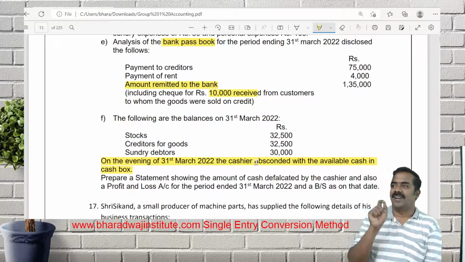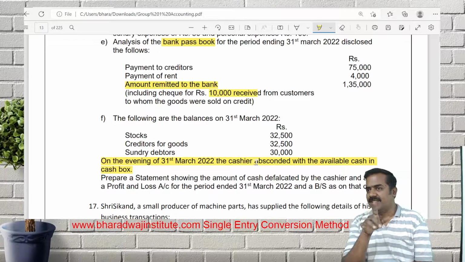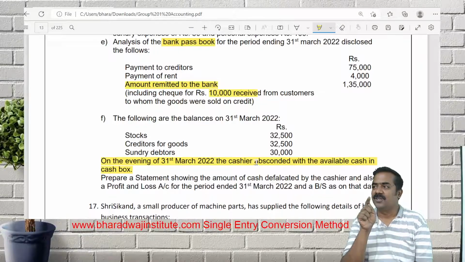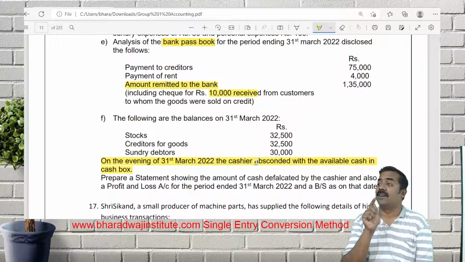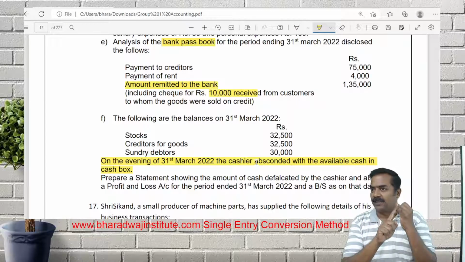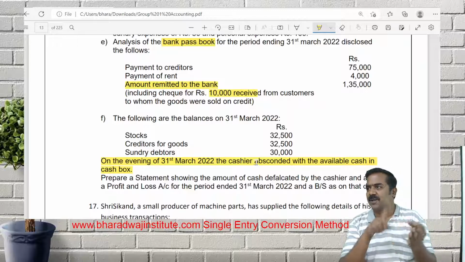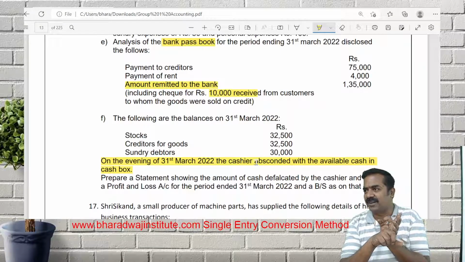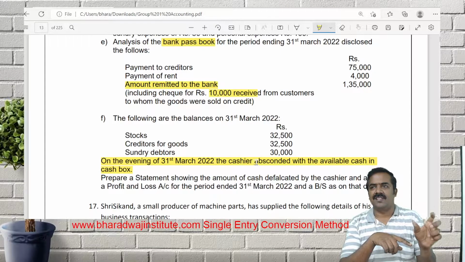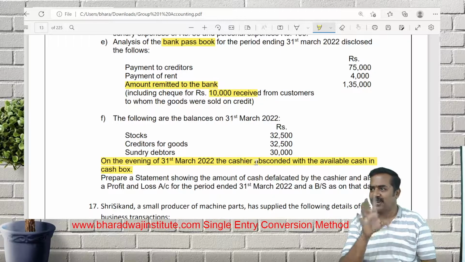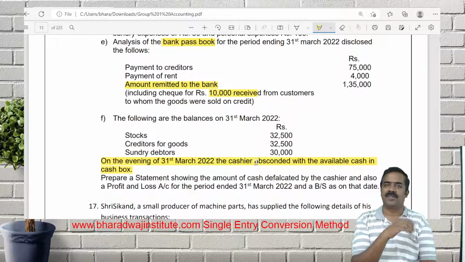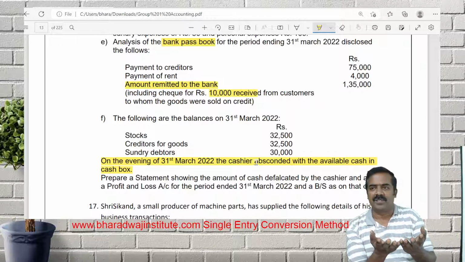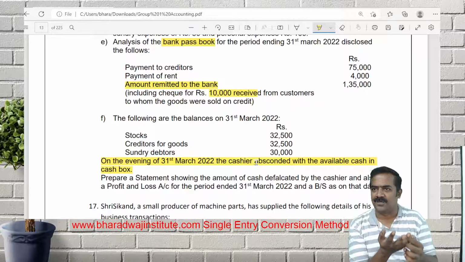Students can treat it either way. This is where the exam plays, where you have to give a proper assumption. Since the word absconded is used, on a prudent basis, provide for all losses. The cash lost, I take it as a loss in the P&L account. You can write that assumption. Or a second assumption: since only the word absconded is used,